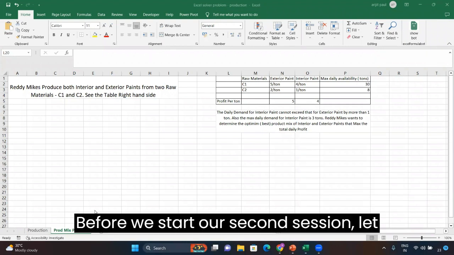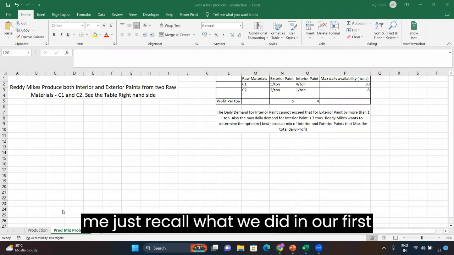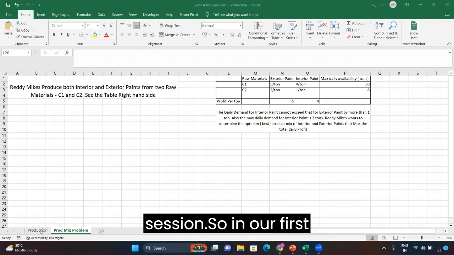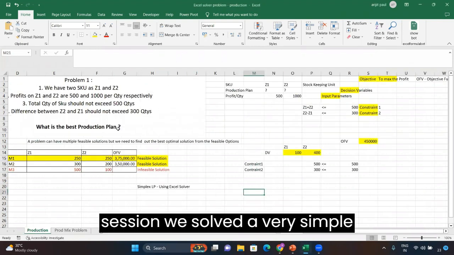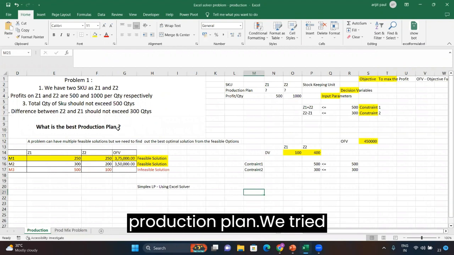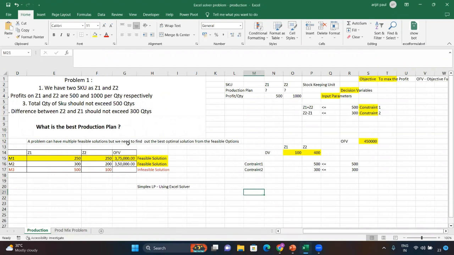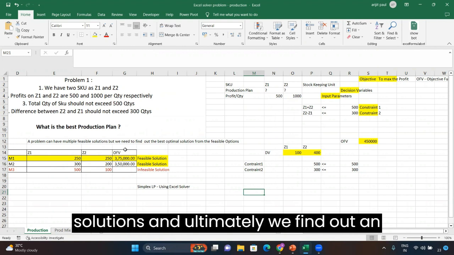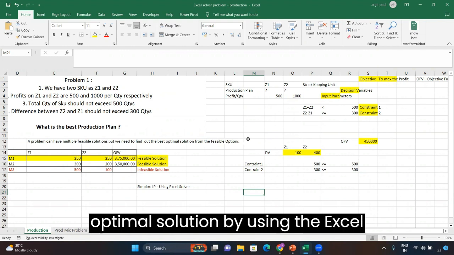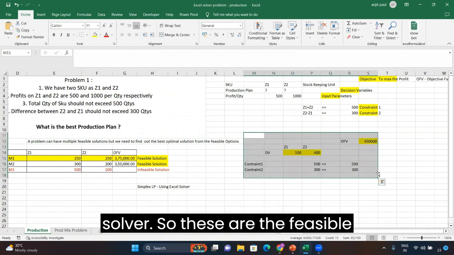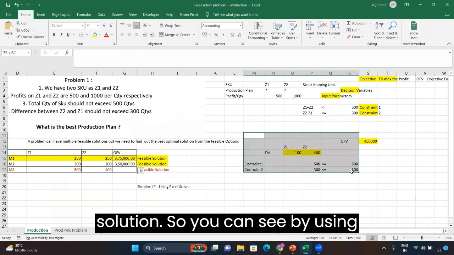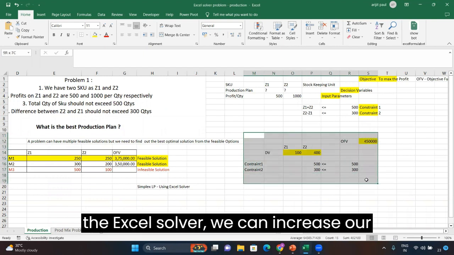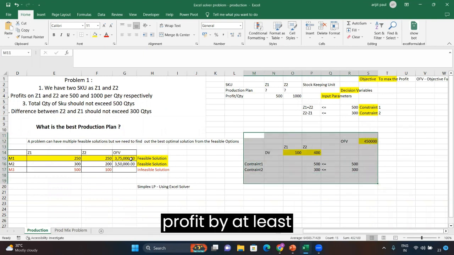Before we start our second session, let me just recall what we did in our first session. In our first session, we solved a very simple production plan. We tried to find out some of the feasible solutions, and ultimately we found an optimal solution by using the Excel solver. So these are the feasible solutions and this is the optimal solution. You can see by using the Excel solver, we can increase our profit by at least